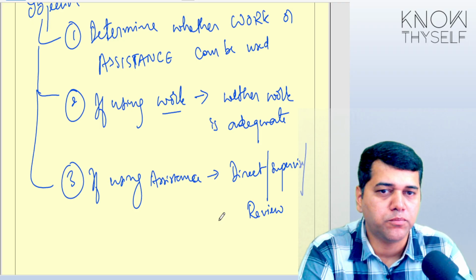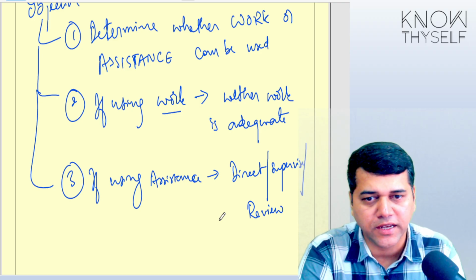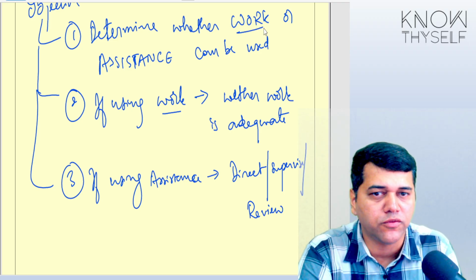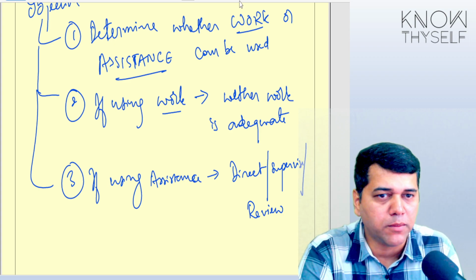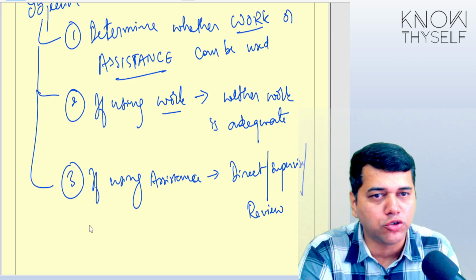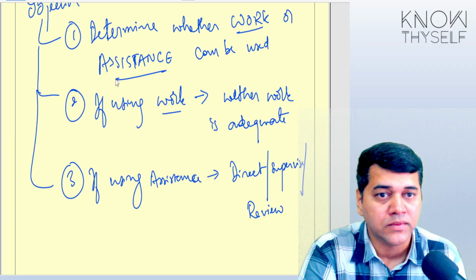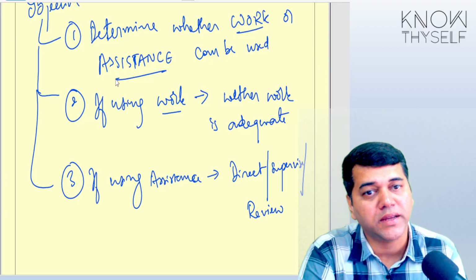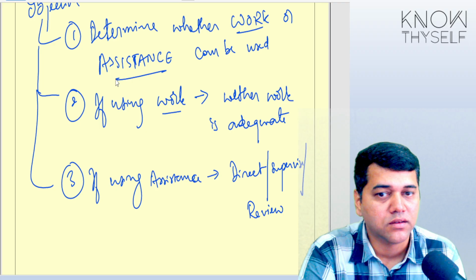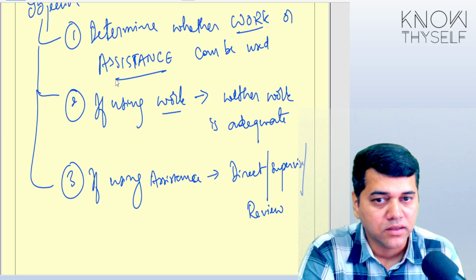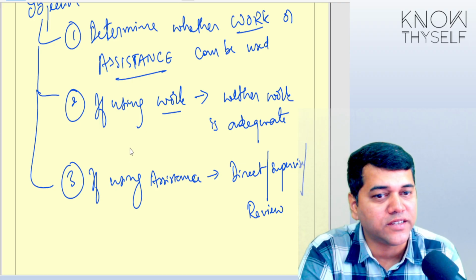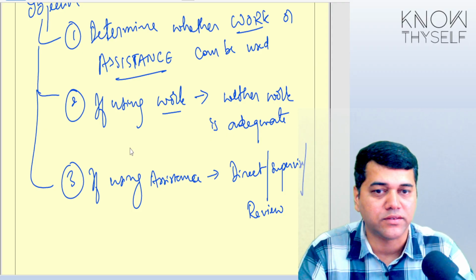Okay, so this will go like this. First I need to talk about, now see there are 2 elements called work and assistance. I need to talk about the work. So I have to broadly classify into 2. Work is A, assistance is B. In the work, first thing I should determine, can I use their work for these 3 elements. Now if you are using work, then whether it is adequate or not, then there are other elements.